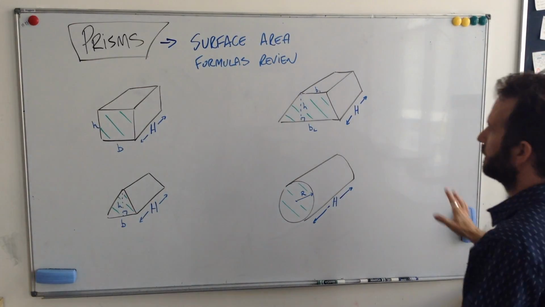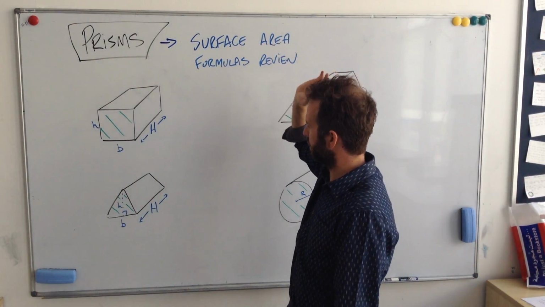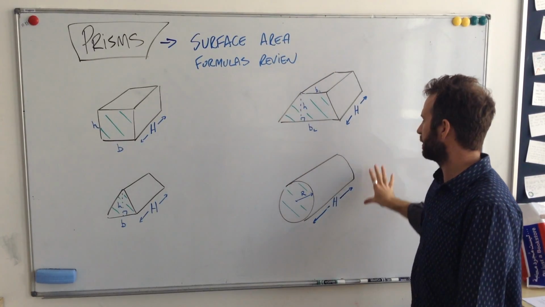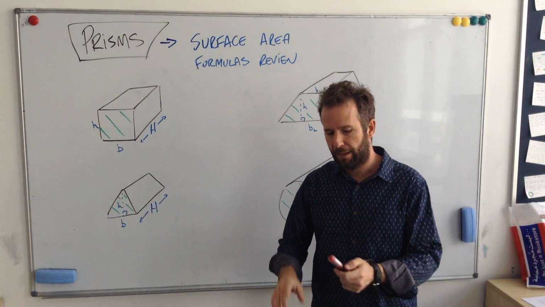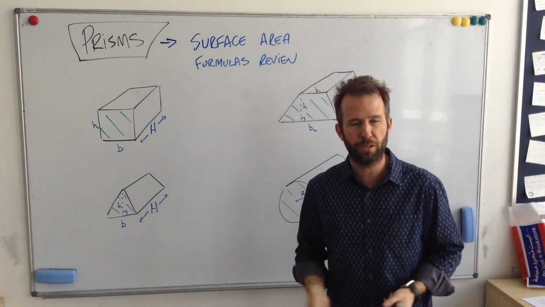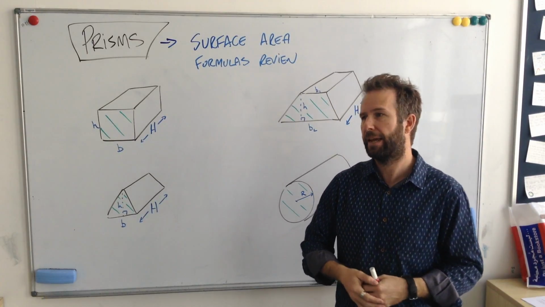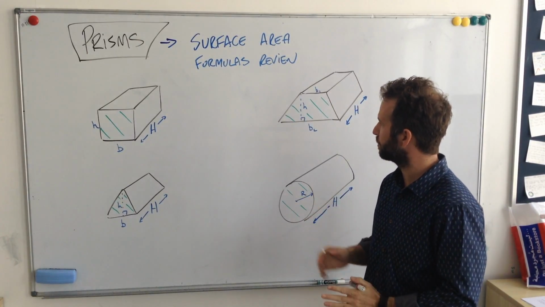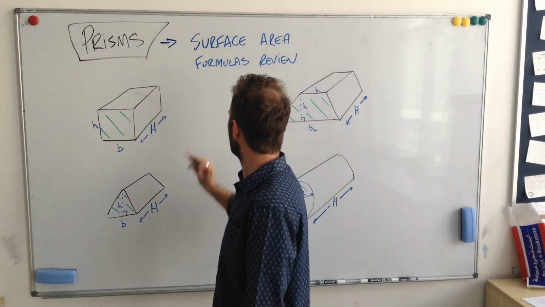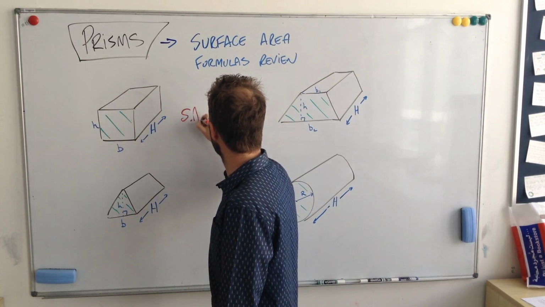So, we did the rectangular prism, we did the triangular prism, we talked about the trapezoidal prism, and we spoke about the cylinder as well. All four of those have a very similar calculation for their surface area. And just to review all four of those really quickly, for the rectangular prism, we know that the surface area